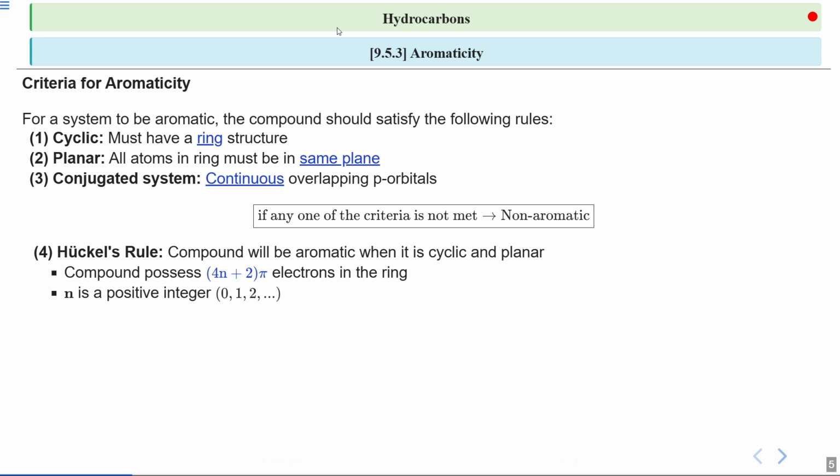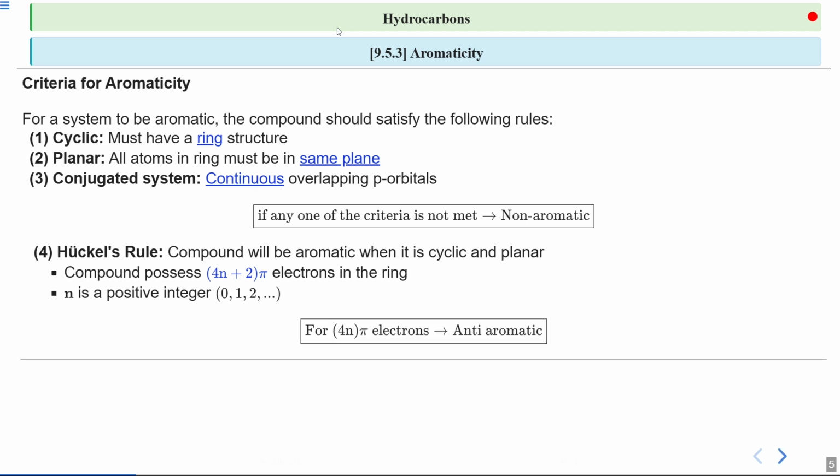So for n equals 0, you need 2 pi electrons. For n equals 1, you need 6 pi electrons. For n equals 2, you need 10 and so forth. This electron count is crucial. Only rings with this number of pi electrons are aromatic, and this is a counting rule that helps us quickly